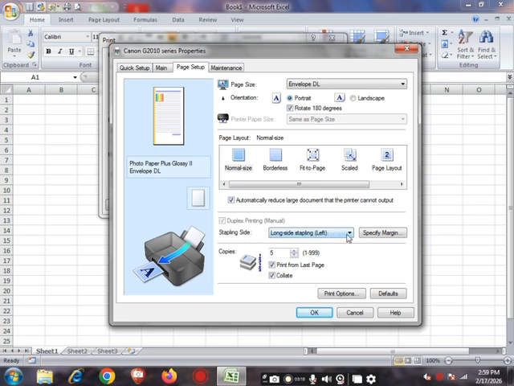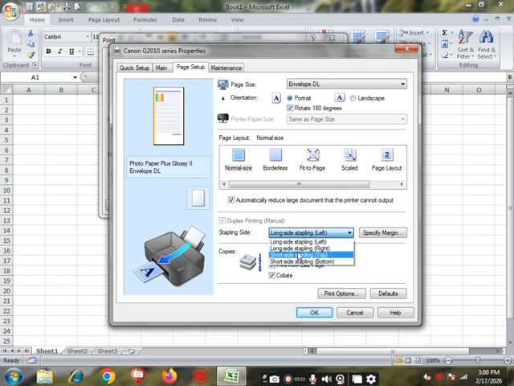Next is the stapling side. It also has a drop down that gives options: long side stapling right and left, and short side stapling top and bottom. It means if we need the document stapled, then we use this option and give the command from which side we need to staple, and for this we will lose the gutter side space.